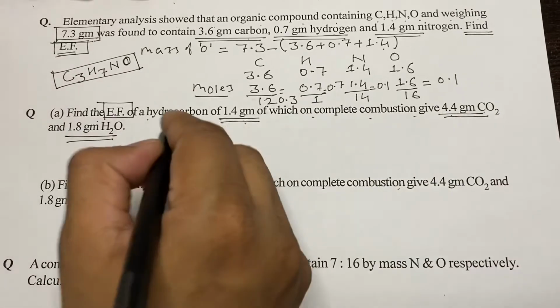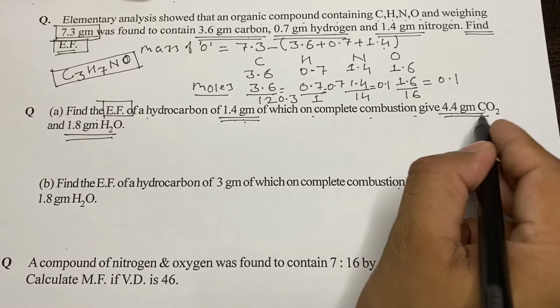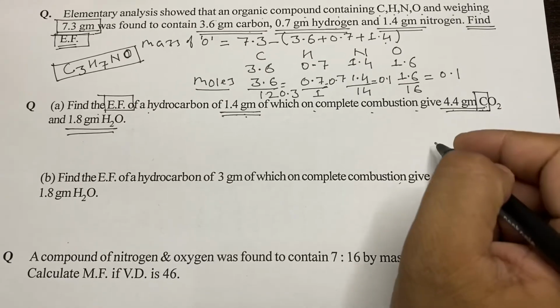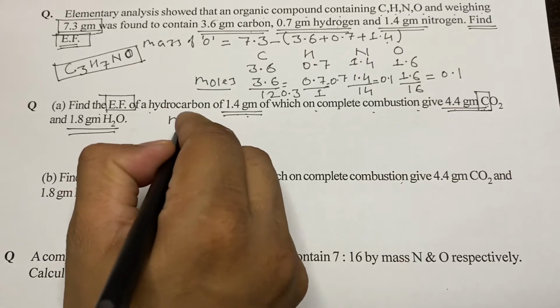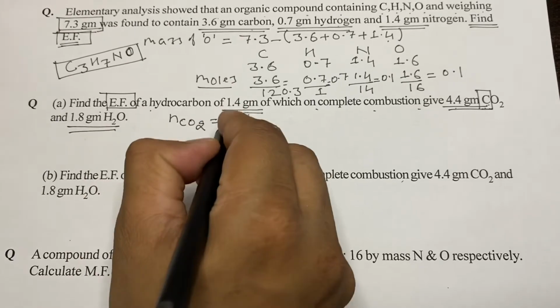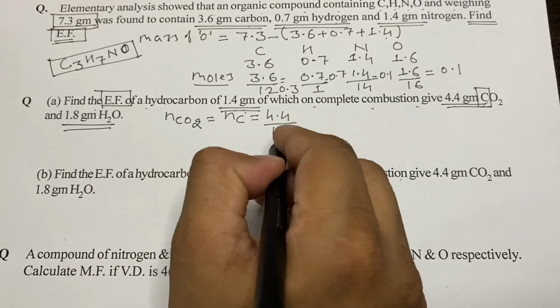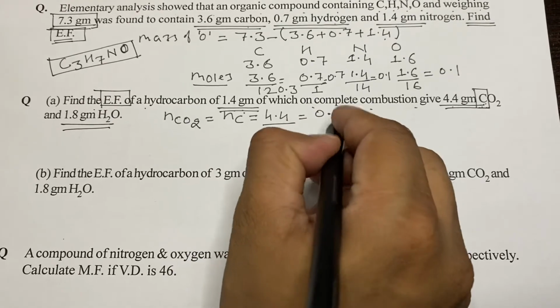So the 4.4 gram of CO2 data will be used to calculate the amount of carbon present in that compound. So moles of CO2, which should be equal to the moles of carbon, will be 4.4 divided by 44, which gives 0.1